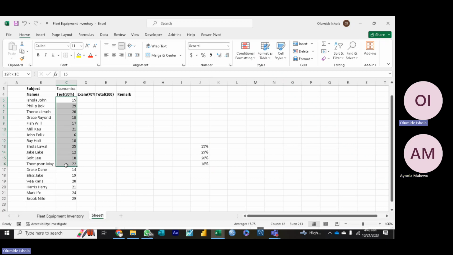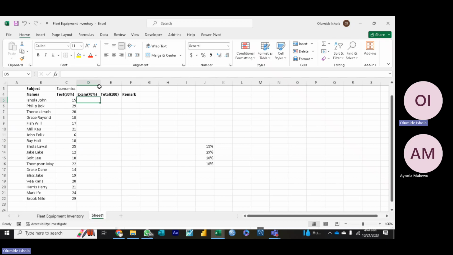If you put this in this condition, it will also multiply it by 100. So you just have to leave it in that condition. Once we get to that complicated side of Excel, we start doing it as we press 15, you see it coming out as 15%. But we can only do that when you are done with the remark, because it will affect your remark situation. That's why it's complicated. When you are done, you can go back and do your